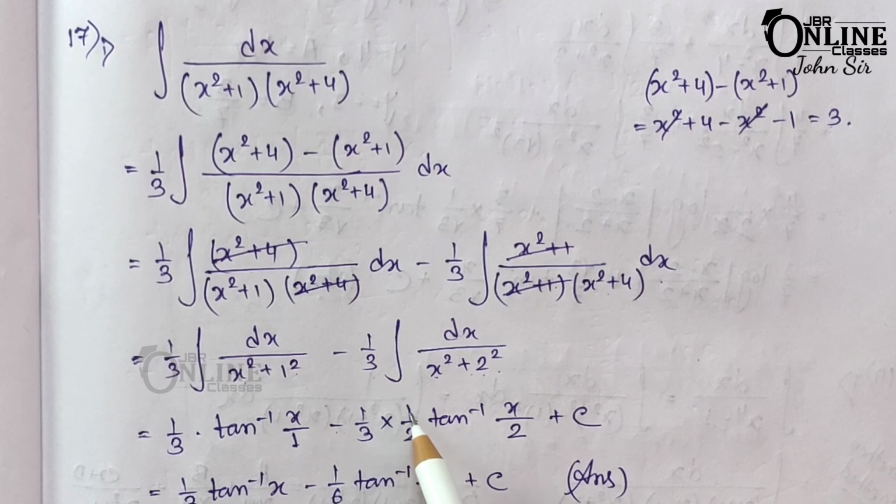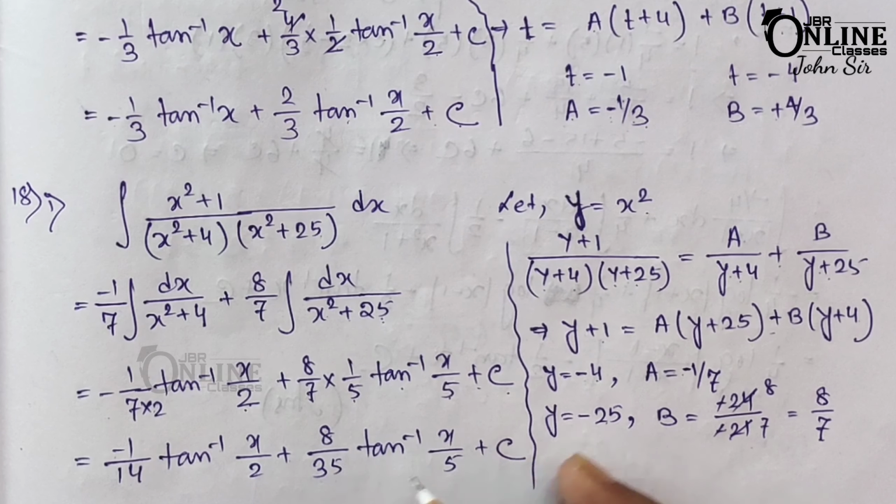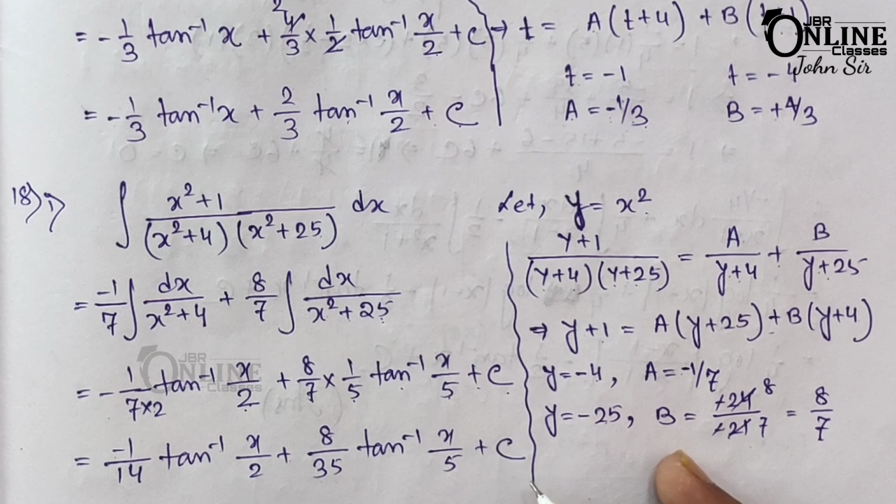So now here you can write this one, minus 1 by 7 value of a, integration dx by the first one x square plus 4. Next one 8 by 7 integration dx by x square plus 25. As 4 means 2 square, so x square plus 2 square. So here you can apply tan inverse as 1 by 2 x by 2, because the value of a equal to here 2. Next one 25 means 5 square. So again x square plus a square formula, 8 by 7 1 by a tan inverse x by a plus c. So 1 by 14 minus tan inverse x by 2 plus 8 by 35 tan inverse x by 5 plus c as your answer.